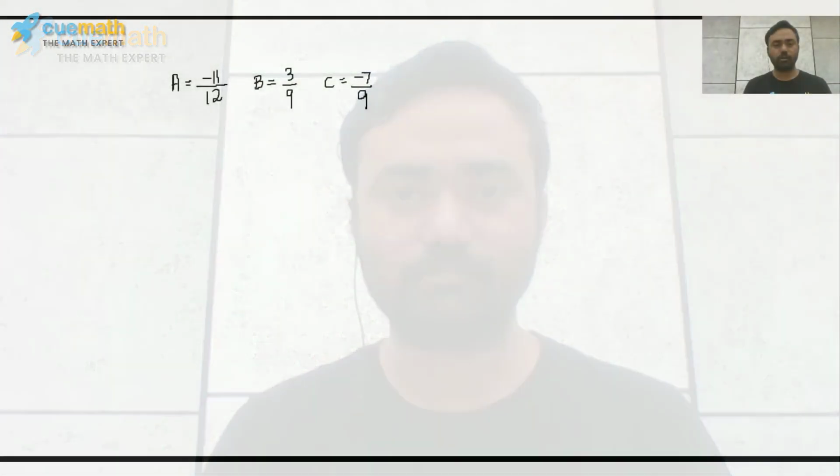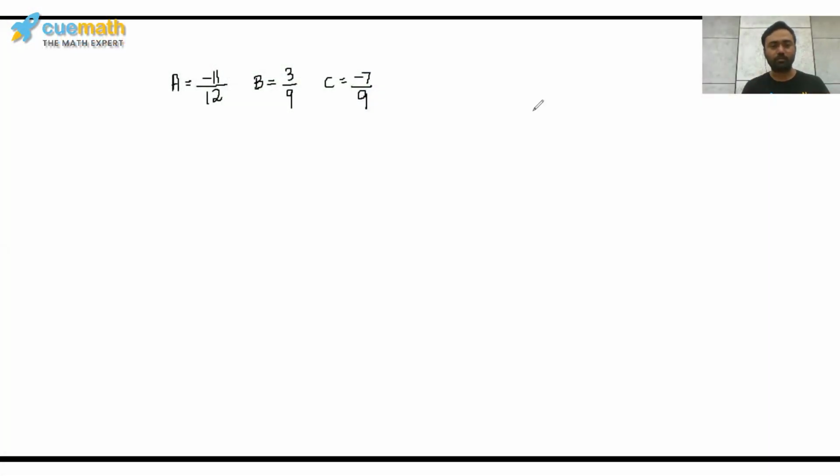The first thing which we are going to check is whether multiplication of rational numbers is left distributive over addition. So let's take a few examples and see how it works. We have taken three rational numbers: A is -11/12, B is 3/9, C is -7/9. Now let's see how we will verify whether multiplication is left distributive over addition. So let us take an expression which is A times